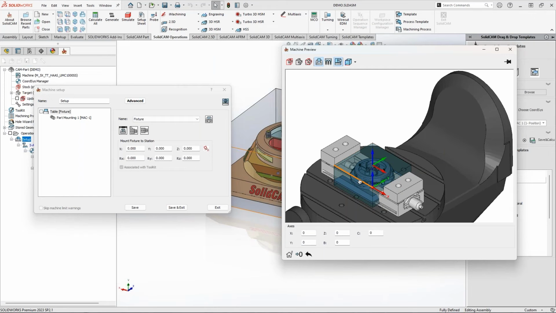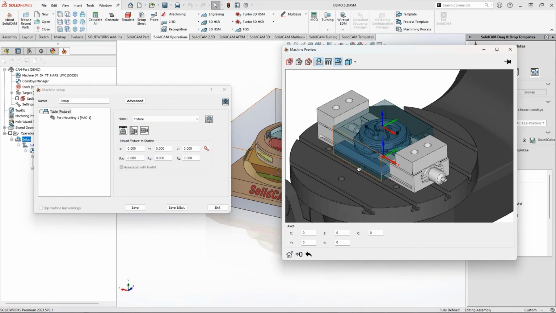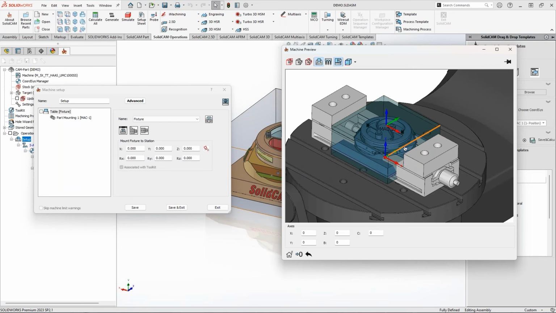The first question there is about associative with toolkit inside the setup. So what it does, guys, is over here, associative with toolkit, as you can see. This checkbox, when you define this particular vise, this is a piece of assembly, and you can reuse it for another setup if you want. True, I can make different jaw positions. True. But